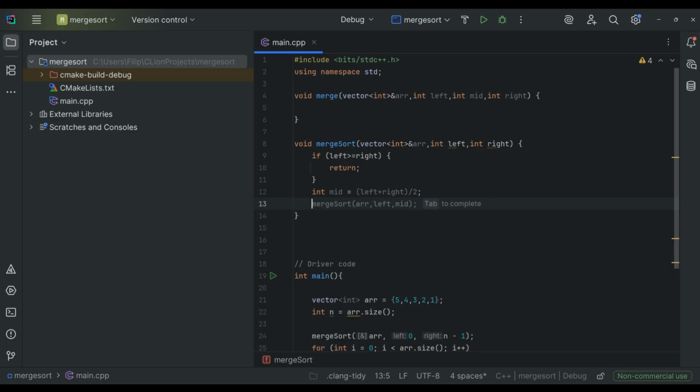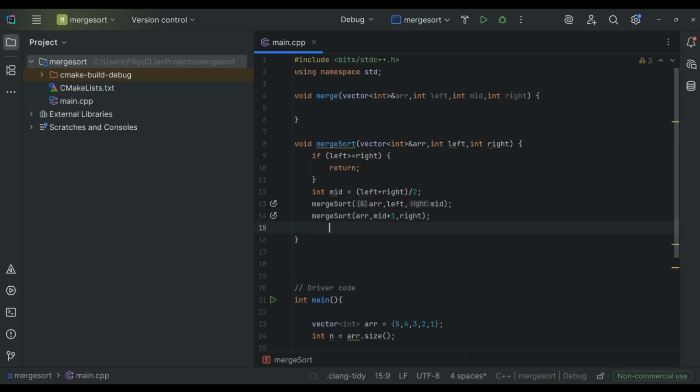call merge sort recursively two times, and then we have to merge those arrays. So we have from left to middle, middle plus 1, and right. Merge